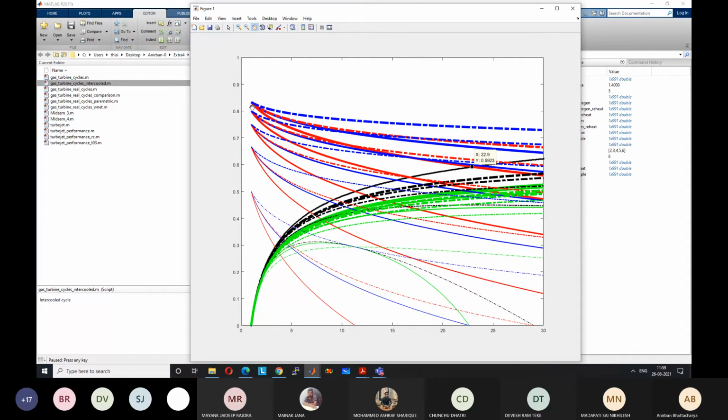So you can see here this nature, it is so flat. One thing is that it is very high. Still at R equal to 30, it is much higher than 70%, which is a very high efficiency, of course, for a heat engine. These are all heat engines, right? So for a heat engine, this is a very, very high efficiency. And it is also very flat. So for a very high range of R, this should be much more effective than the simple Brayton cycle.